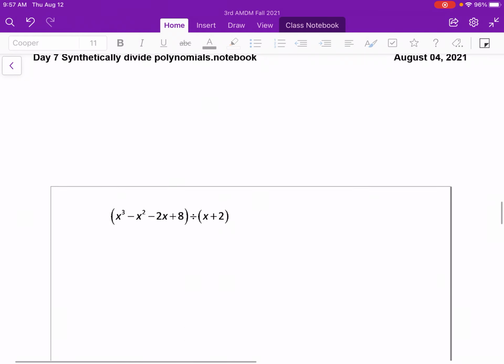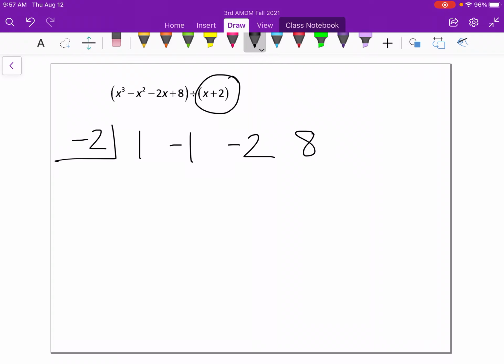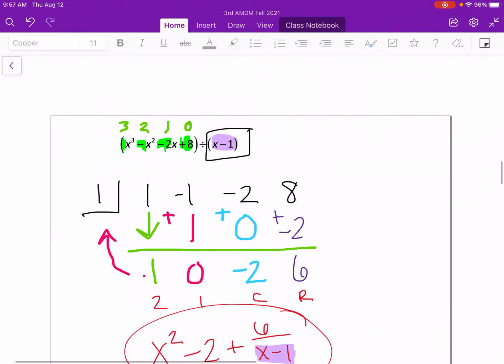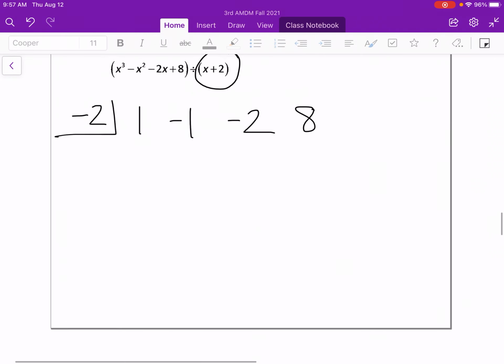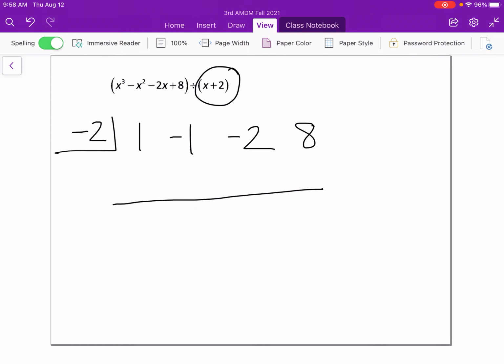Next, we're going to try this again. So my root is -2. Remember, that's the root from my divisor. And then I have 1x cubed, -1x squared, -2x, and 8. This one is slightly different than the one above, x plus 2. Yeah, this is the same question, but it's divided by x plus 2. So bring our